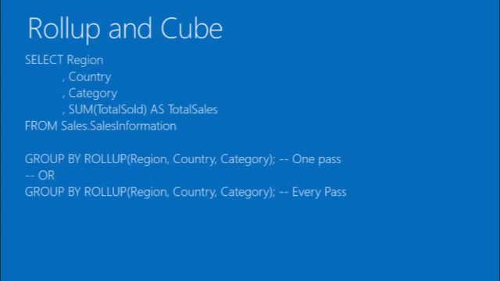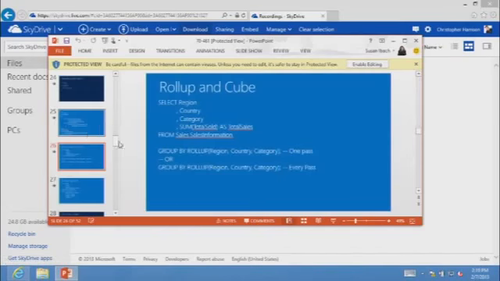Exactly. What rollup is going to do is rollup is going to make one pass. It's basically going to assume a hierarchy. So region, country, category. So it's going to assume that hierarchy. So it's going to give me the total for region, it's going to give me the total for region and country, it's going to give me the total for region, country, and category. If I instead say group by rollup, and I'm going to be slightly unprofessional here, only because I am noticing